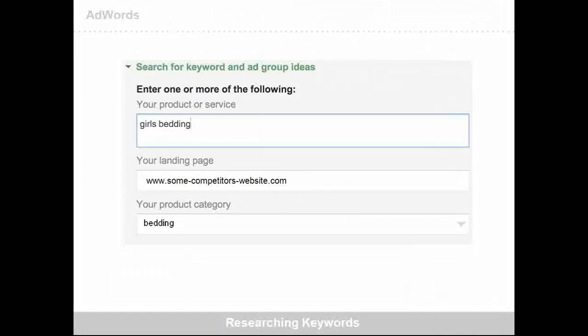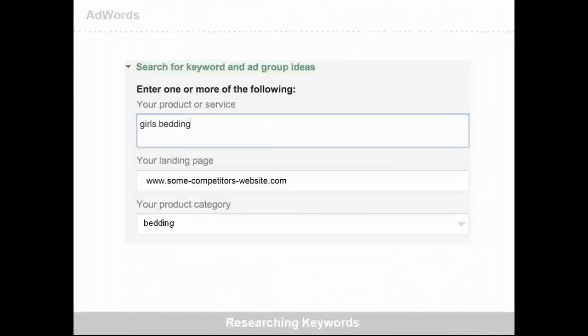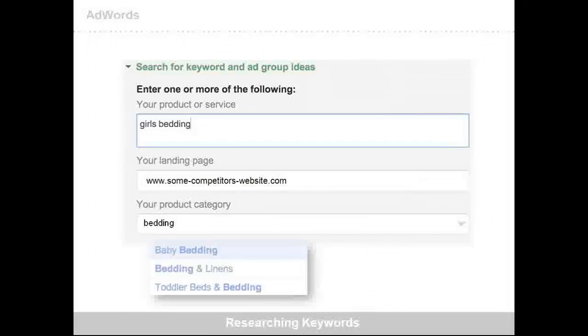The next is the product category. This is another option that you can use to explain to the keyword tool that you're looking for a certain kind of category or a certain kind of subcategory. It is also okay to leave it completely blank. So here we are selecting the baby wearing option.